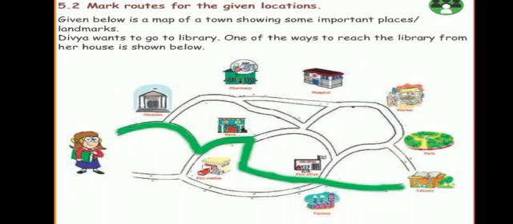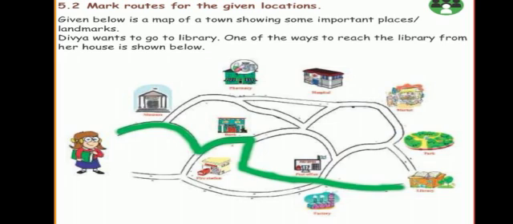First of all, what are the important places or landmarks? If I want to come to your home, I ask you how I will come to your home. You tell me. From the school to your home, what are the important places or landmarks? Here a bus stop is there. After that one hospital is there. One temple is there, on the right side. On the left side is my home, after the temple. Like that we tell. That is the landmark. That temple, hospital, post office, that is the important places or landmarks.